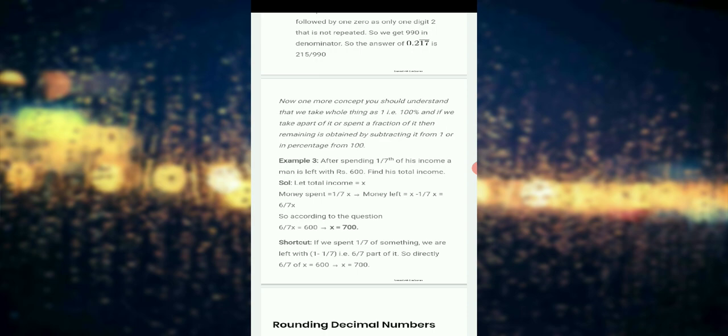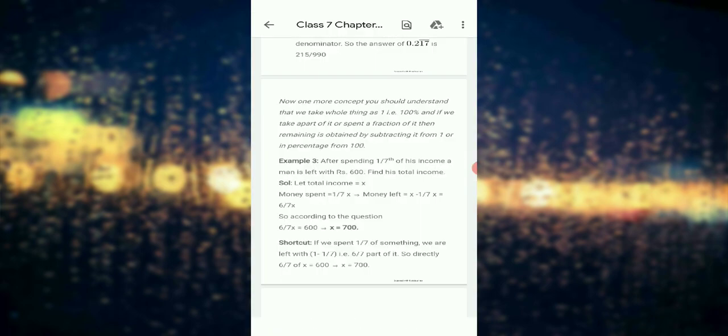Money spent by the man is 1 upon 7x. Money left is x minus 1 upon 7x. Well, student, the total income of the man is x, and the money which has been spent by him is 1 upon 7. So the money left with him means x minus 1 upon 7x is equal to